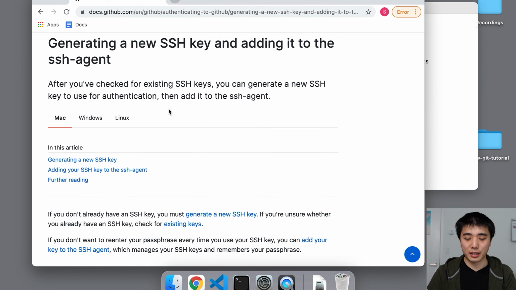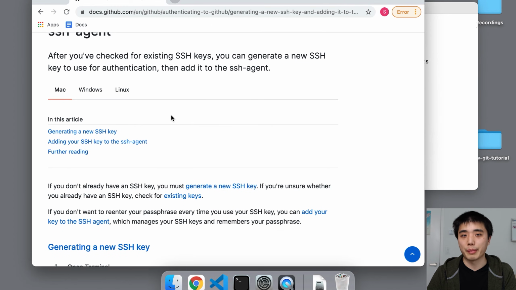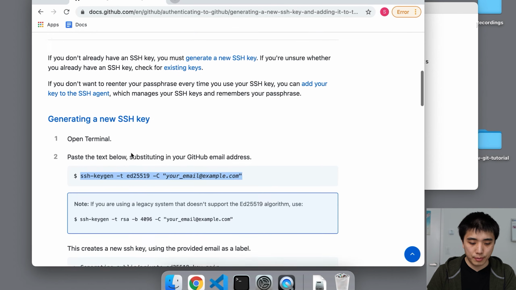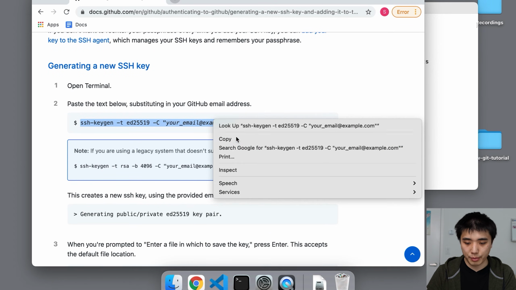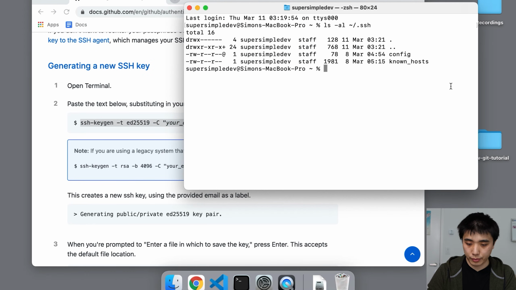This second step is the same thing as the first one. They're going to give us some commands that we just have to copy, paste, and run in our command line. So let's go down here. I'm going to copy and paste this first command and then run it. For this command, make sure that you change this email address to the email that you registered to GitHub with. The email that I used is this one. Make sure you use your email.